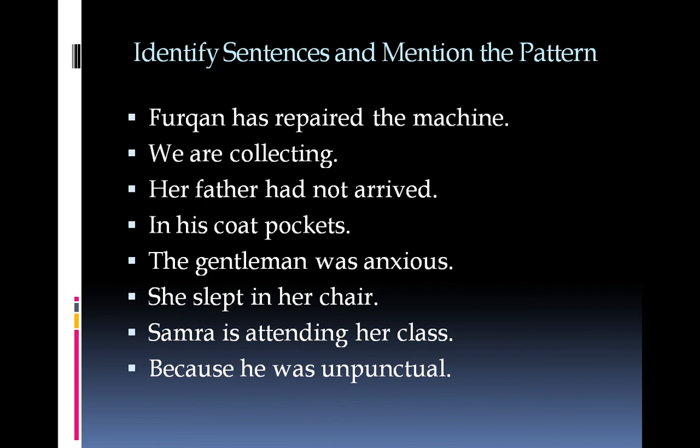And now is the activity time. You will identify the given combinations of words as sentences or non-sentences. Wherever the combination of words makes complete sense, you will write the pattern of that sentence also. And wherever the sense is incomplete, wherever the combination of words is not a sentence, you will write incomplete sense or not a sentence in front of it. You can pause the video here. After attempting the activity, you'll match your answers with the following answer key. Take your time, attempt the activity, and then go for the answer key.